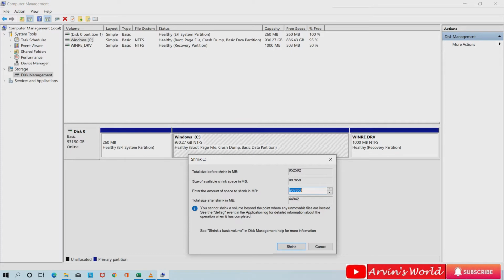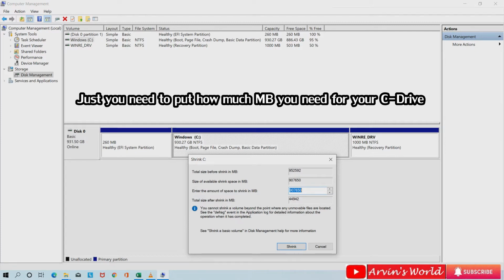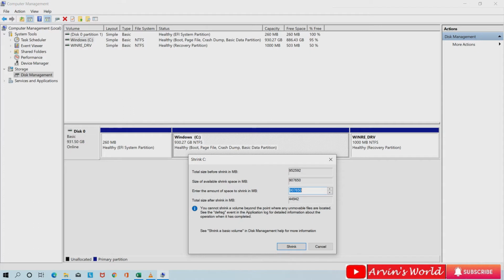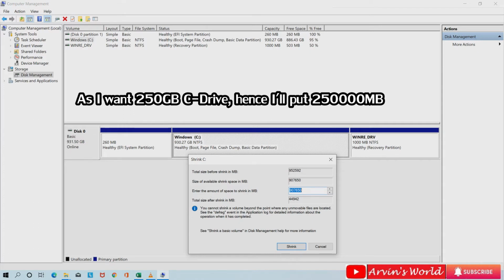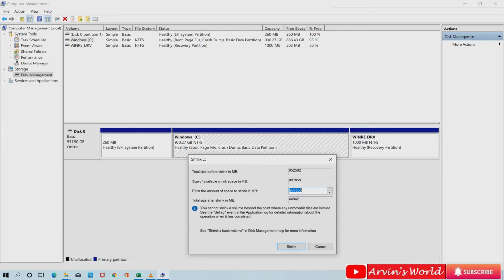So what you need to type, suppose I have 1 TB and in the C drive I want to keep only 250 GB and in the D drive I want to keep 750 GB. So I want to convert this 250 GB into MB because you see everything is written in MB. So 250 GB converted to MB, I will type 250 then 000, based on your requirement, whatever you want. It is editable, it is in your hand. How much you want to allocate for the C drive, how much you want to allocate for your new partition drive, D drive or E drive, accordingly you can put over here.